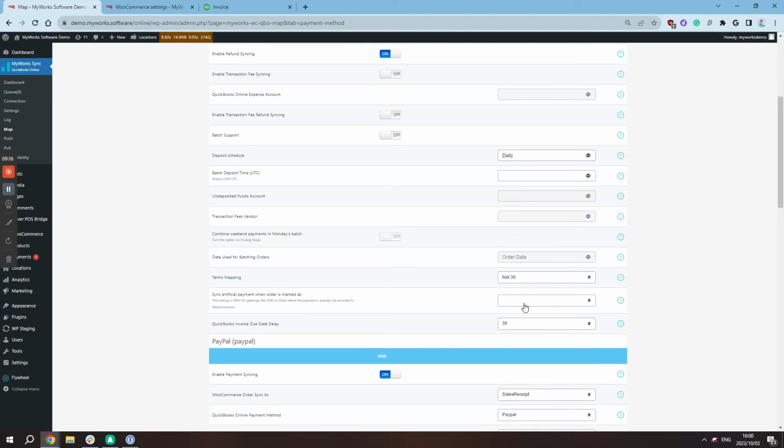And basically, if I set any of my order statuses here, for example, completed, that would be telling me that if I then come into WooCommerce and I take one of my COD orders and I convert them to completed, that would be the trigger for our sync to automatically sync a payment through to QuickBooks. This setting,